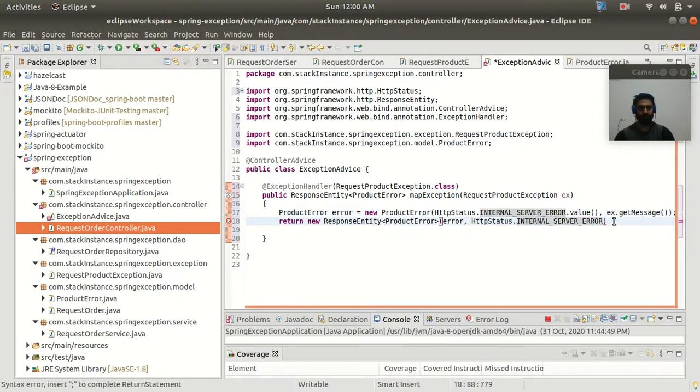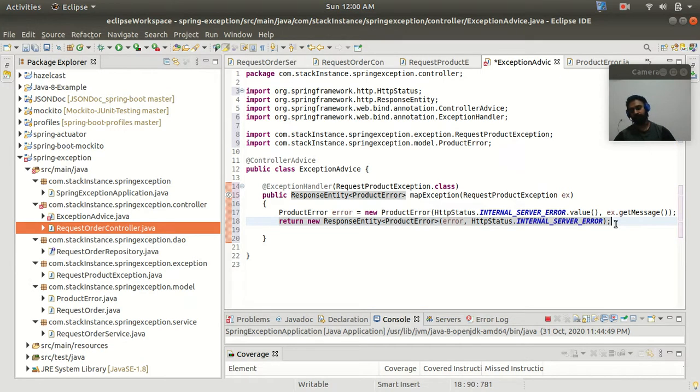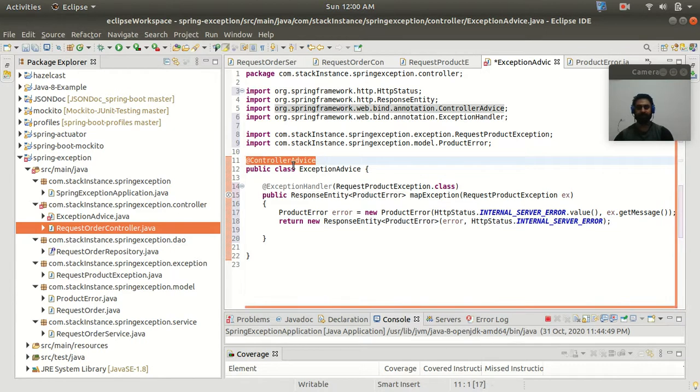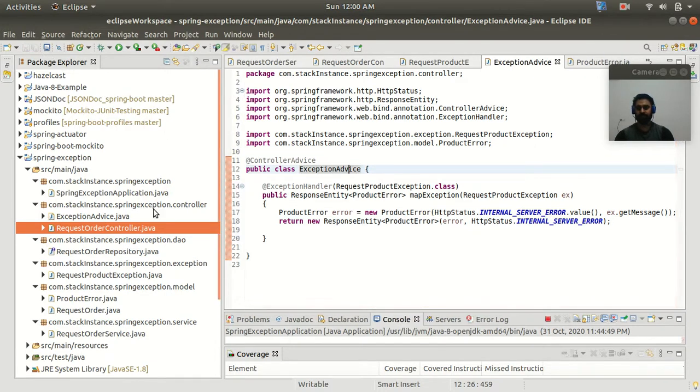Yeah, so here it is going to return this object of the ResponseEntity class, and in the generic I'm passing the ProductError, and then as the arguments I'm taking the error and the HTTP status, right? So these are all the configurations you have to make for handling the exception with your customized class. This is the advice class, and I have made this a RestControllerAdvice. So guys, it is going to handle this exception globally, right? So let me save all the classes.